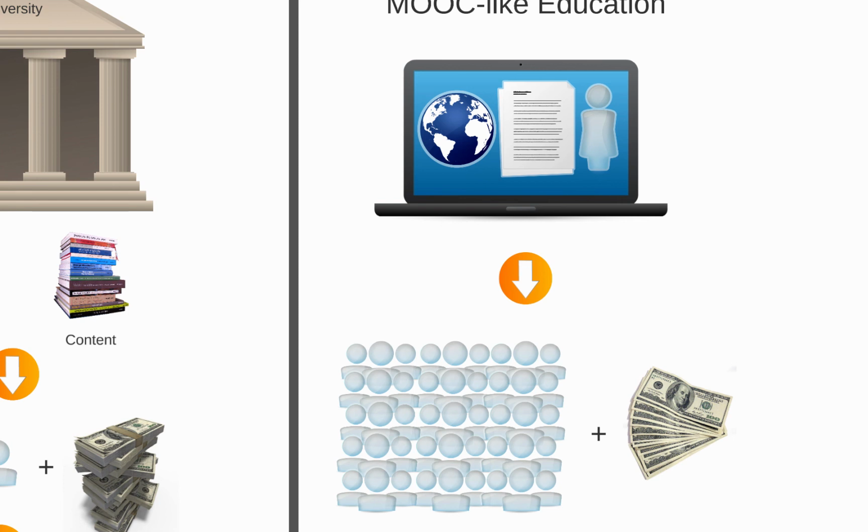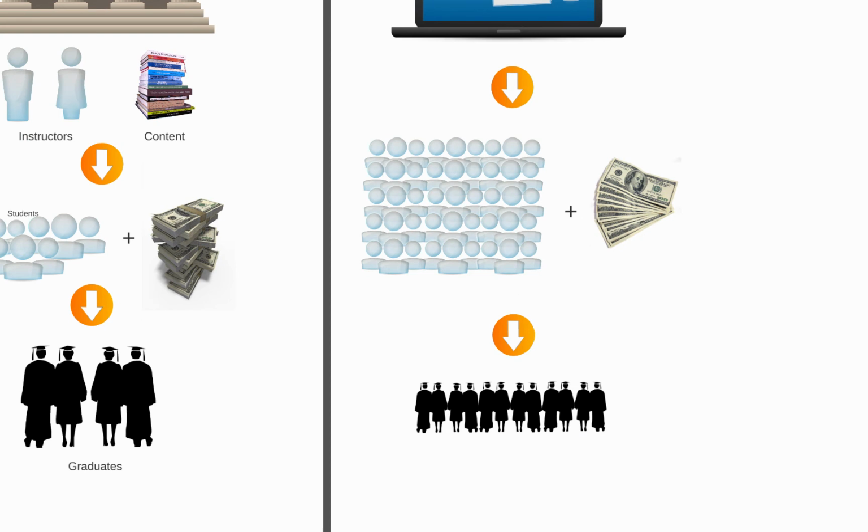And many have said that MOOCs are just the next iteration of distance or online education. But the ultimate goal is the same, that you have a MOOC, you assemble those MOOCs for credit into a degree program, and you graduate more students. And those students aren't faced with the same risks associated with the traditional university. So I didn't mention earlier, but I'll mention now, that only 60% of students who attend a traditional university graduate in 6 years. 60% graduate in 6 years.